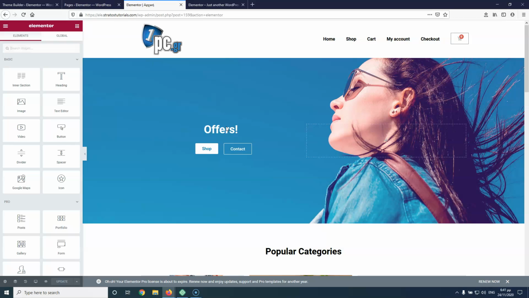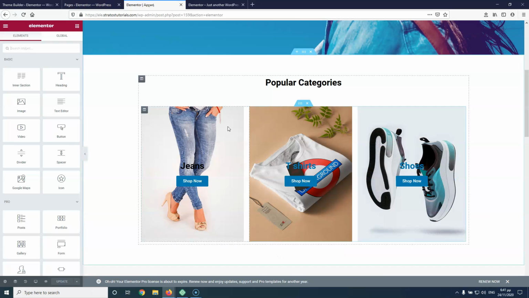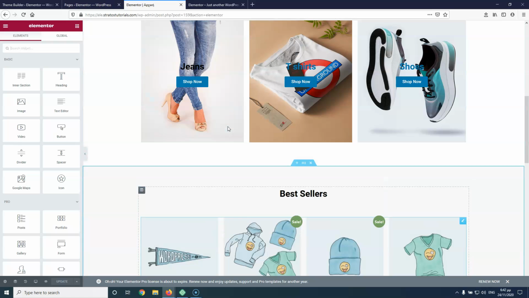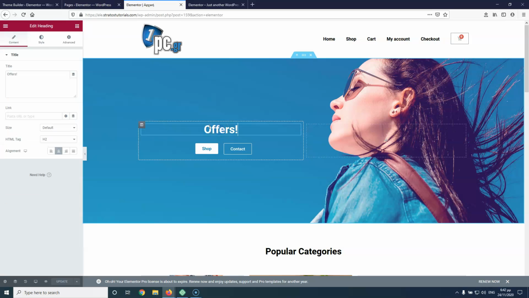Elementor is something that works fine with Polylang. I have used it many times, but there are some cases where people contact me and say that this is not working correctly, so I will give you a solution if something is not working. As you can see, I have the styling here as it's supposed to be in the home page. So I can click here and just change the text. Let's go for Prosphores. The shop will be